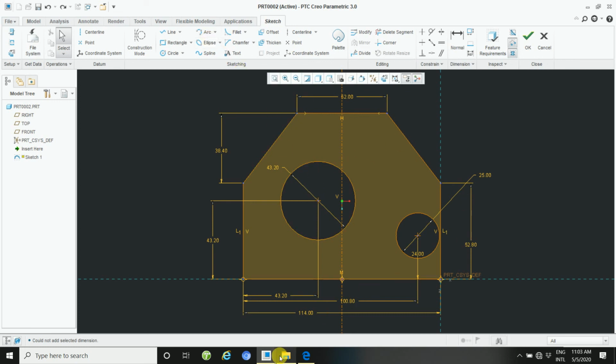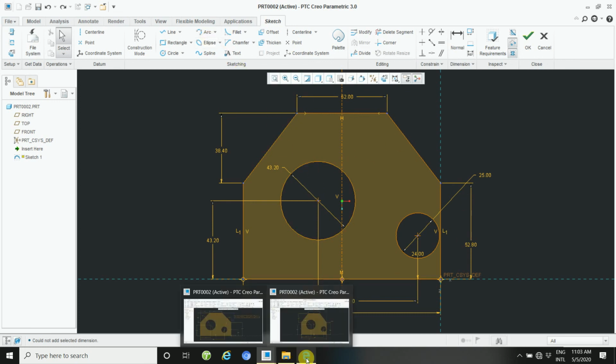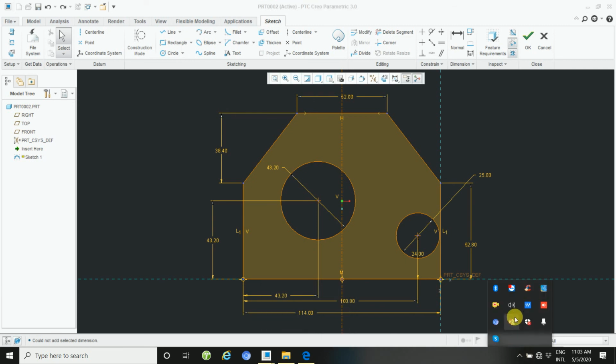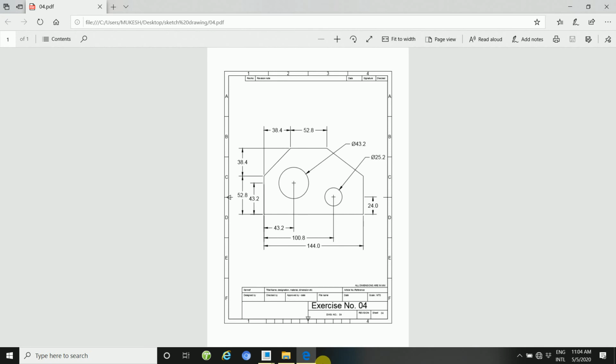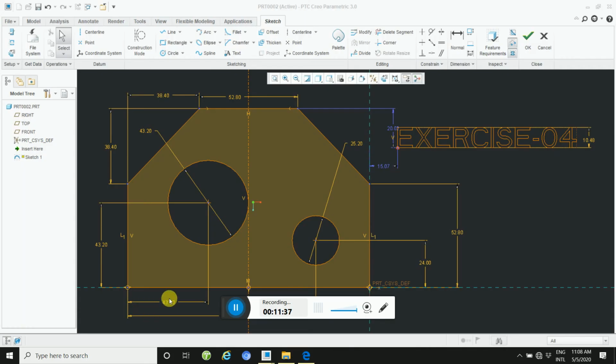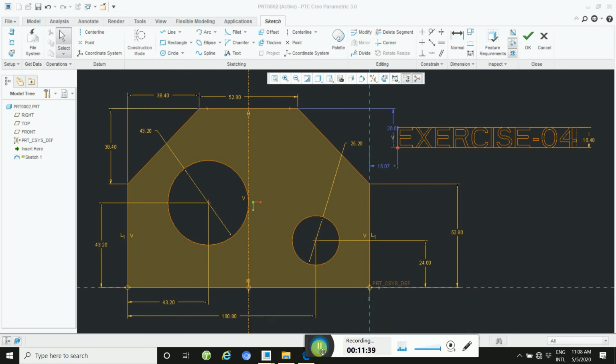Take a reference line as usual. This way you will take the dimension. Click first point, go through normal, click first point, then second point, then double click.